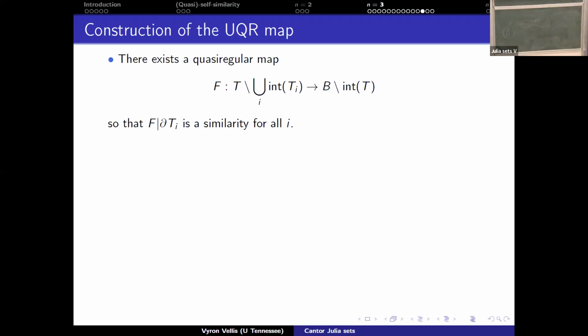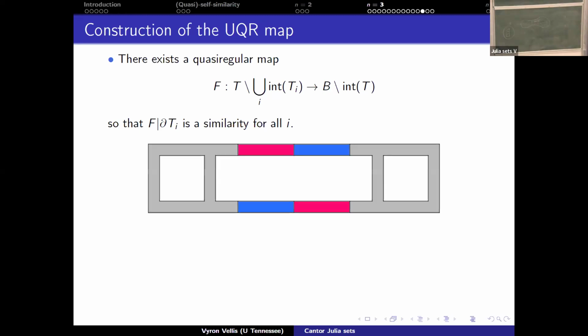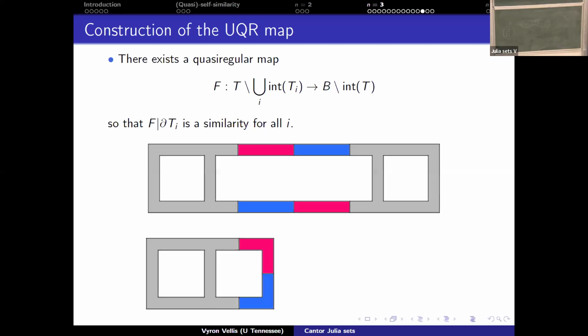And I want to map T, the top ladder minus the smaller ladders, which is a very complicated topological object, into this one, which is a lot more simple. Right? So how do we do this? I'm going to do the proof by pictures. This is your top ladder. I have not put the smaller ladders because that would make my picture too complicated, but think of them being inside there. And what I do is an involution that sort of folds this guy into this, right?